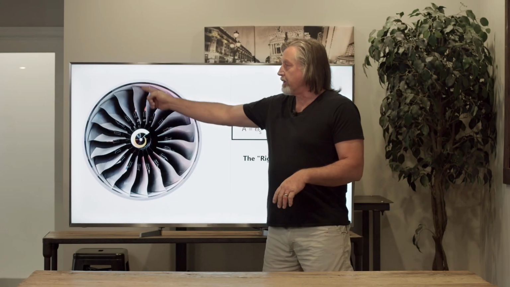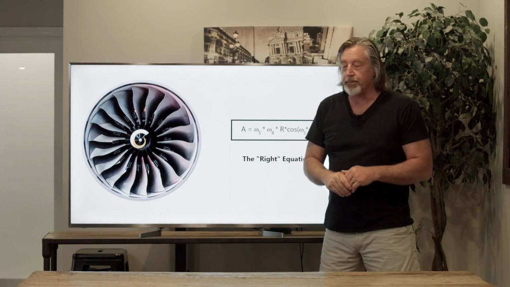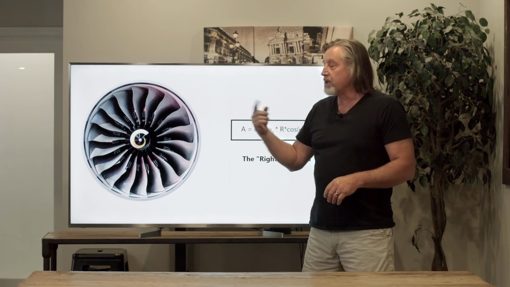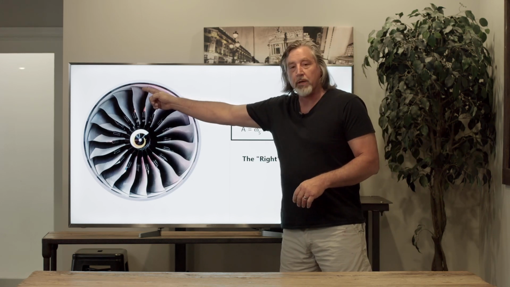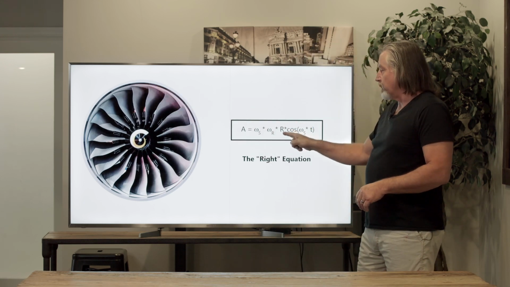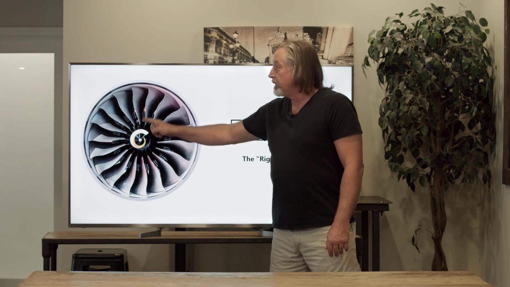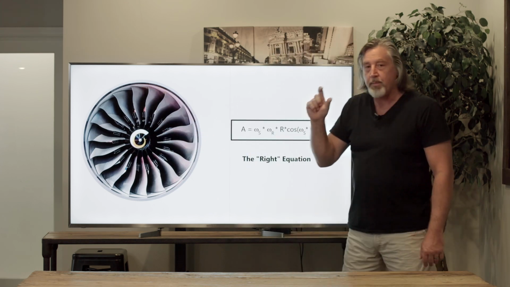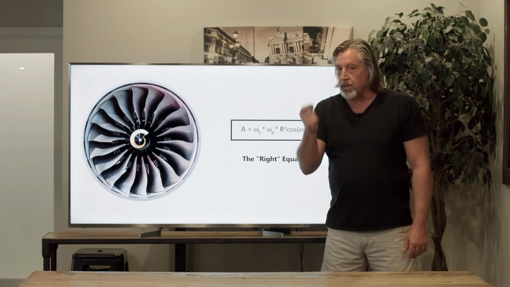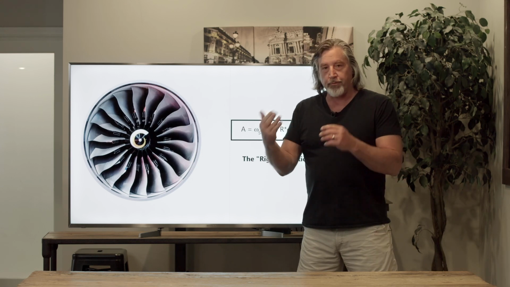Consider this blade right here. Just consider the last 2-inch section. Well, that last 2-inch section has a mass. The center of its mass would be somewhere in the middle of the 2-inch section. So this R here would be the distance from the center of the wheel to the center of that section's mass. And using the right equation, you could calculate the acceleration that mass is experiencing